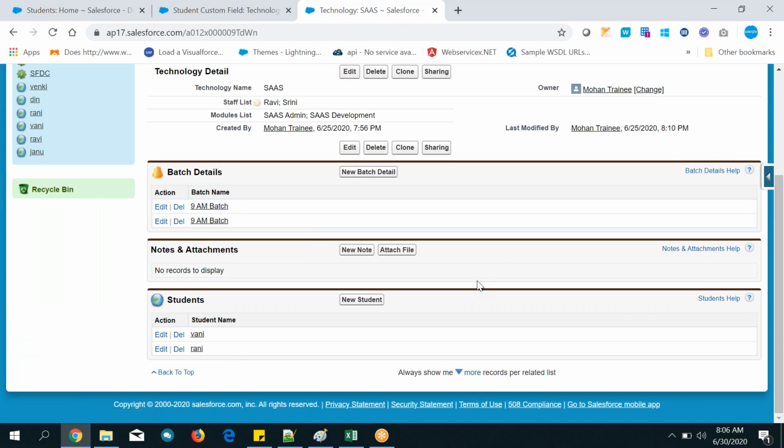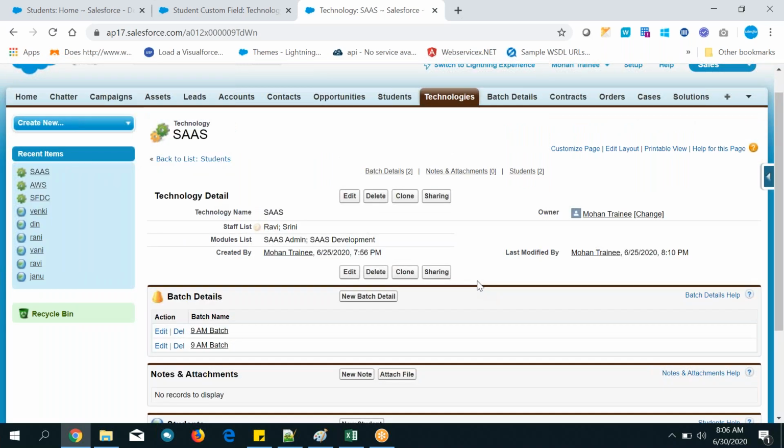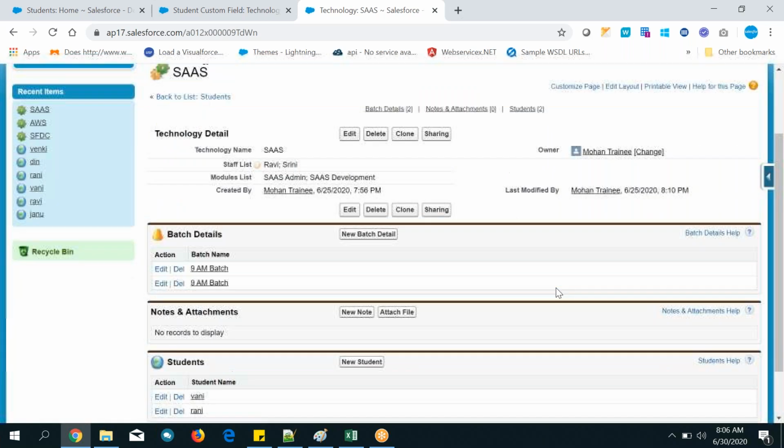Okay, same thing. Lookup and master both are as it is. Is there any difference you have observed as of now, except one thing? What is that thing you have observed? Anyone, can you tell me? What is the difference we have observed between the lookup relationship and the master detail relationship? Icon.